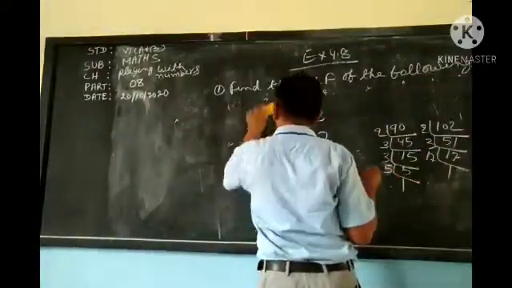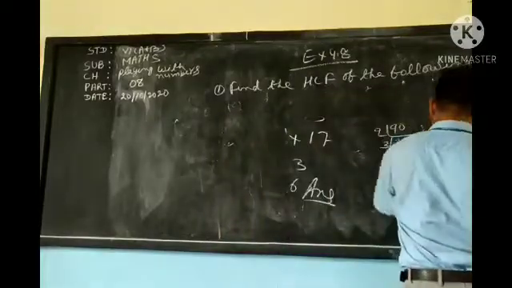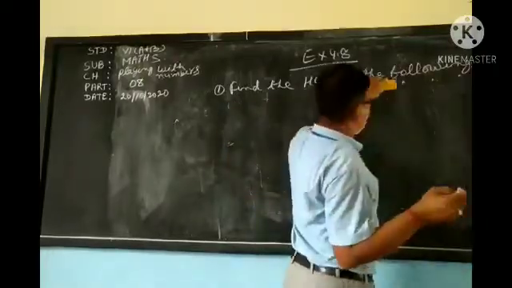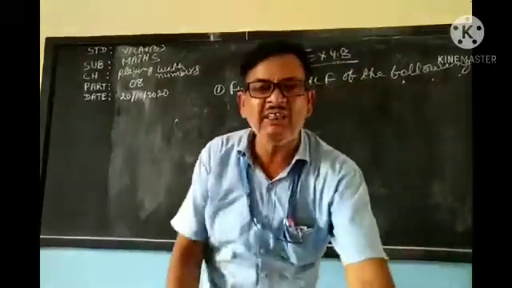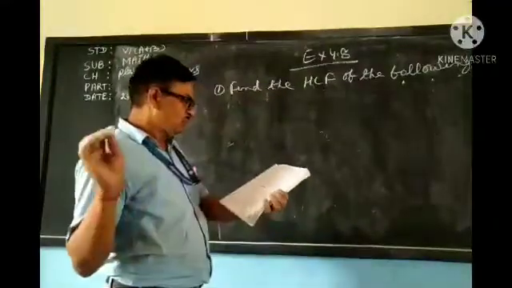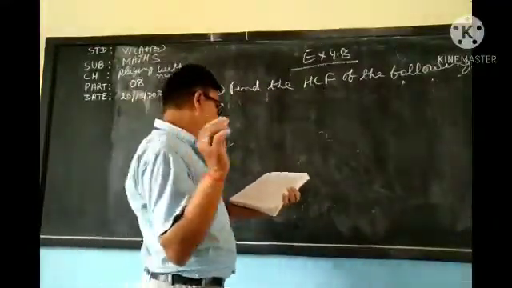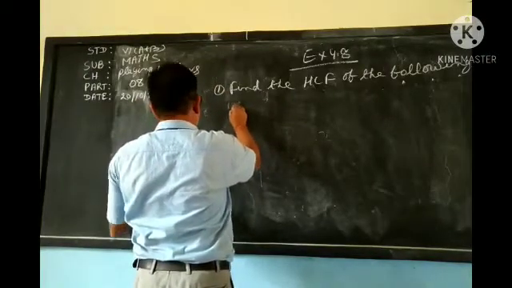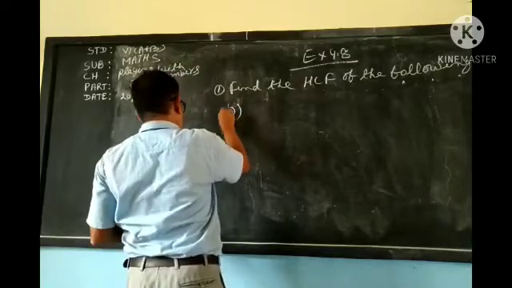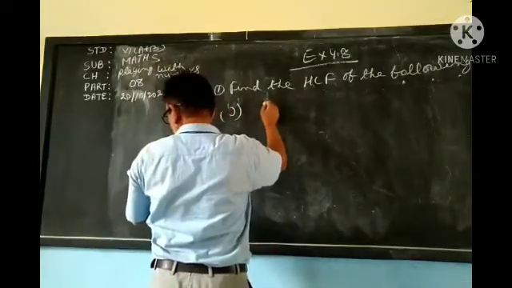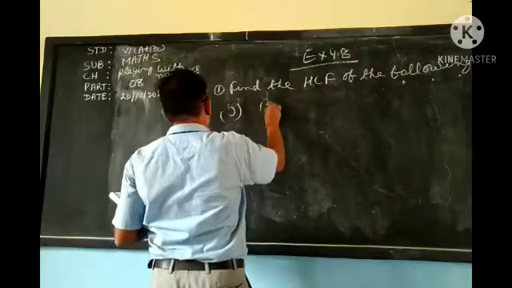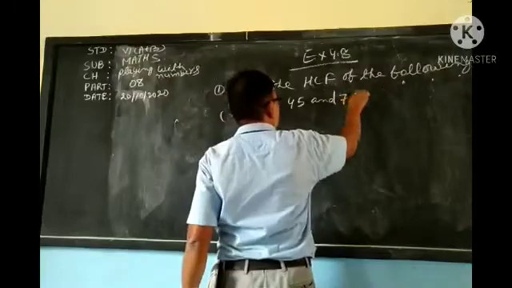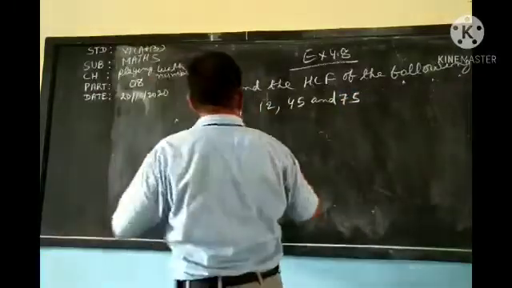So next I am going to solve. My dear students, now I will use the division method. So now the second question is there, the next question. J. What is there? 12, 45 and 75. My dear students, here the smallest number is 12.